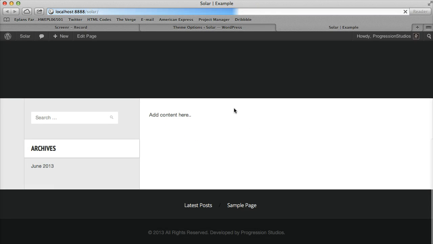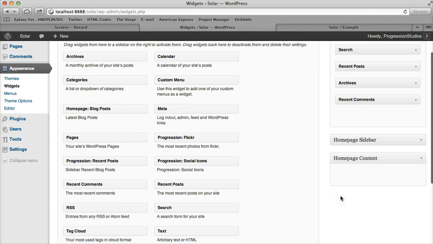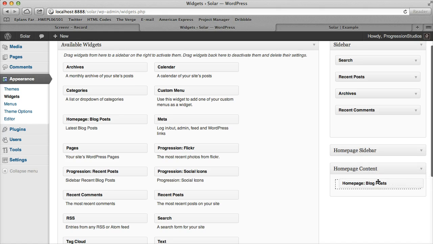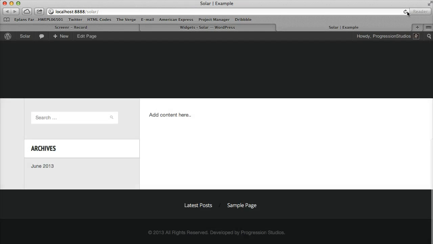We can see the last way to add content is via widgets in the homepage content area. You'll notice there's one homepage blog widget, and you can select some options there and save it, and then